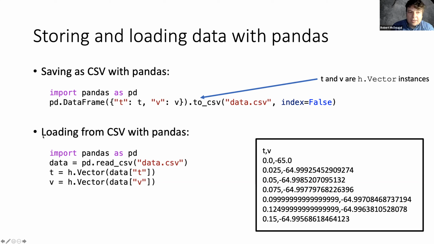You can also read in data with CSV from Pandas. So we talked about, maybe I've given some sort of complicated stimulus pattern and I want to feed that into a cell using a vector play. Well, then I can load in data from a CSV file using pandas.read_csv and then just the file. And then I can grab an individual column and turn it into a vector if I want by h.Vector, parentheses, my variable name, and then square brackets to select the column that I'm interested in. So this would give me back a regular NEURON vector that is just the t column or just the v column or whatever data I want to feed in